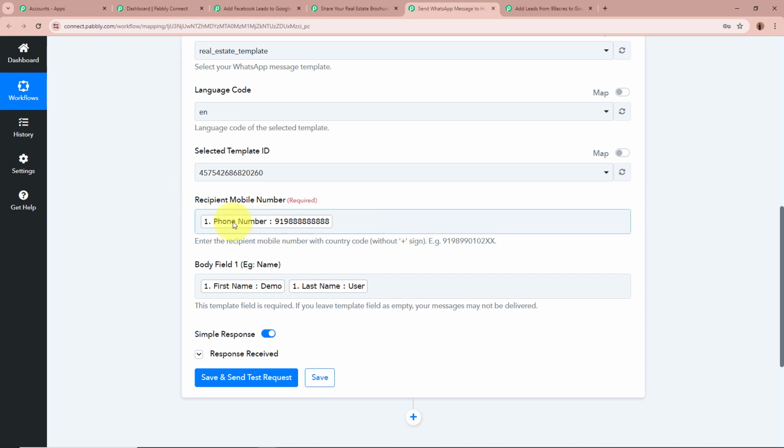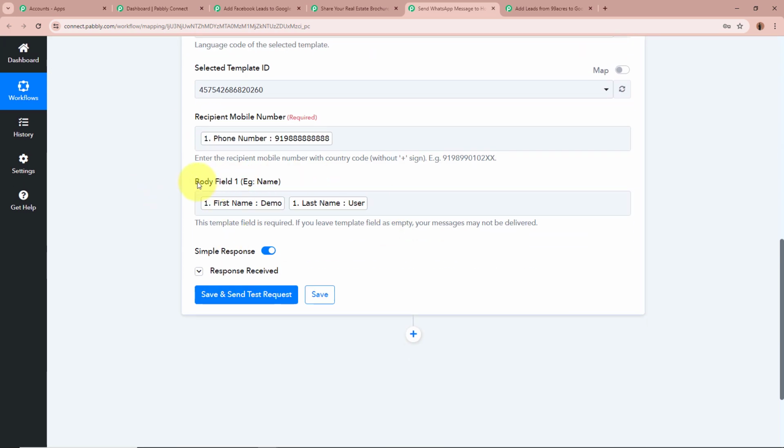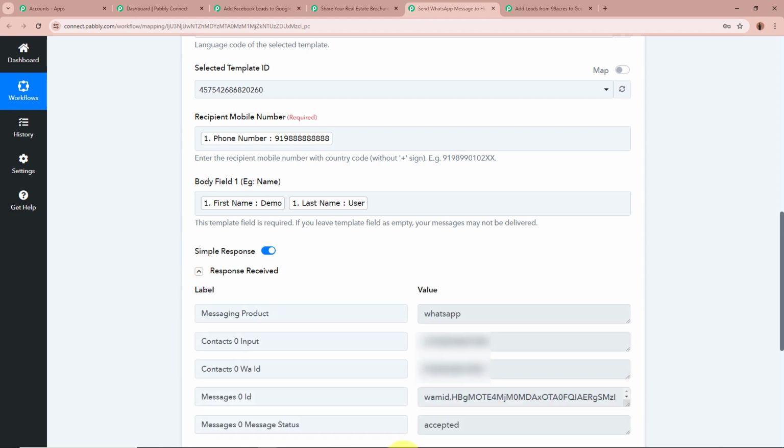Then it is asking for the recipient mobile number. On which mobile number do you want to send a WhatsApp message? I mapped the mobile number of my customer who generated the lead, and the response is captured in a previous step. And for body field one, the variable that I've created in my WhatsApp Cloud API, I've entered the detail of my customer's name, and then a response is going to be received,